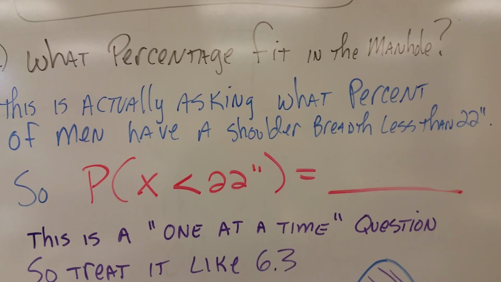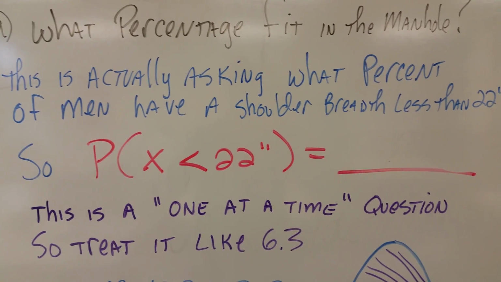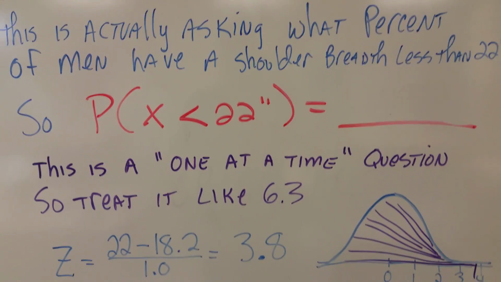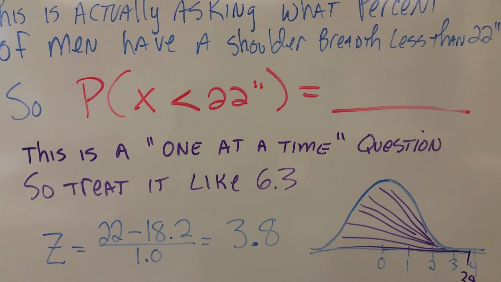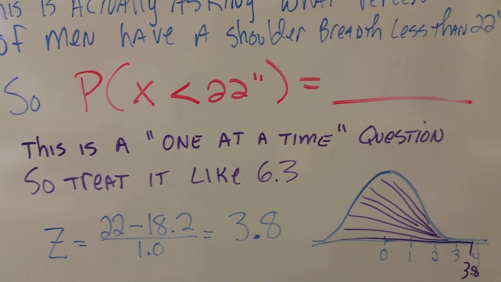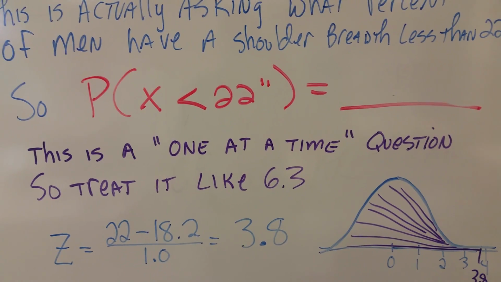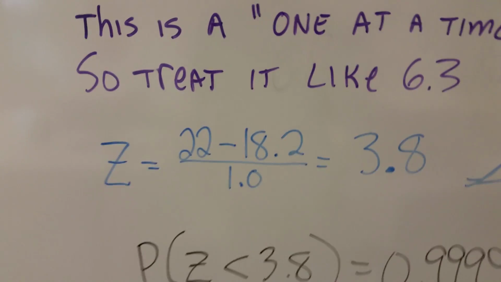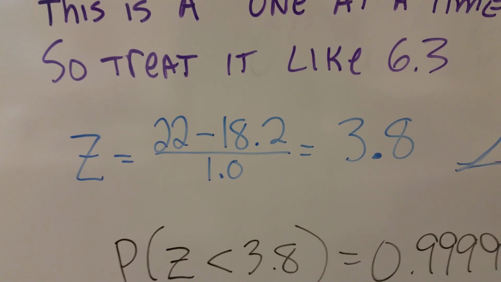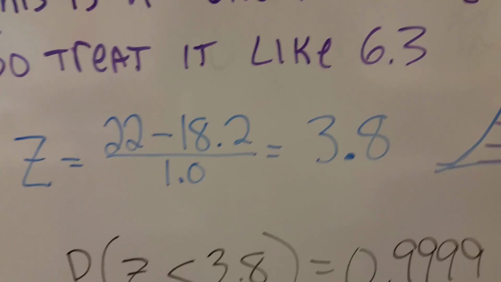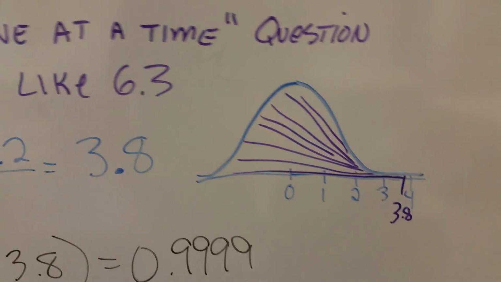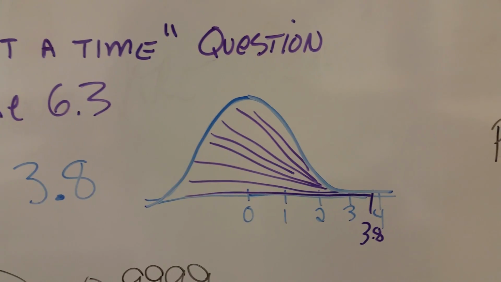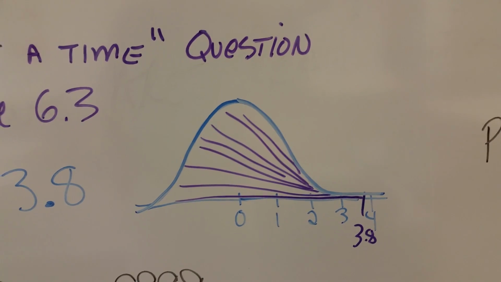So we're asked to find the probability that we get an individual with a measurement less than 22 inches, and this is just like a question out of Chapter 6, Section 3. We're taking one person at a time, so we're going to have to get the z-score for 22. So that z-score, our data value 22 minus the mean of 18.2 divided by the standard deviation of 1, that's 3.8. So using our picture as reference, we want the probability, the area under the curve, less than 3.8,